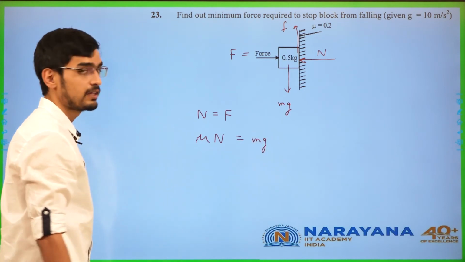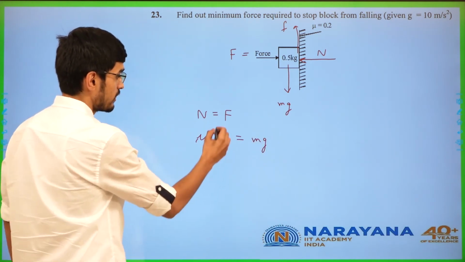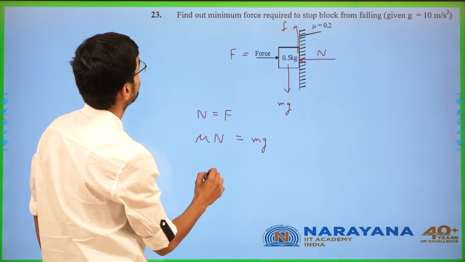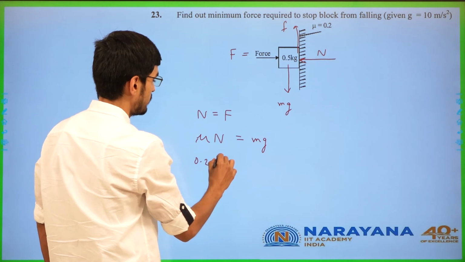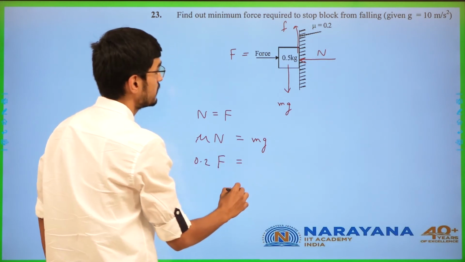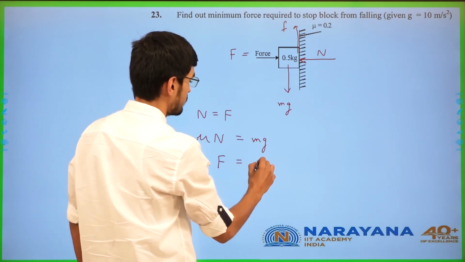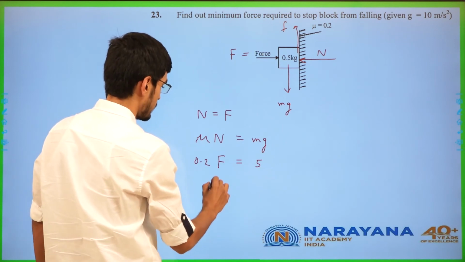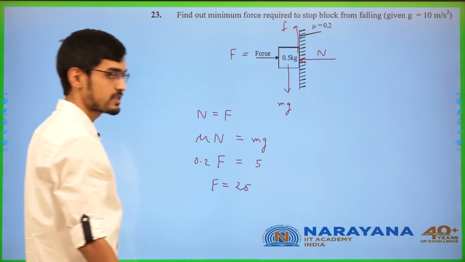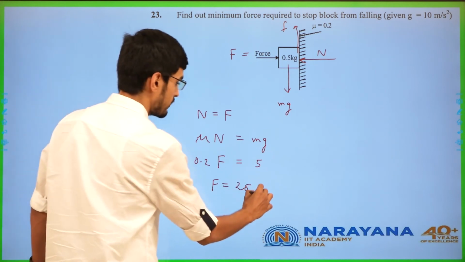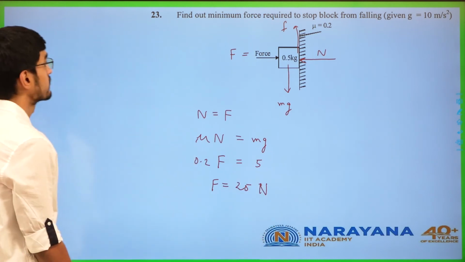That is what will give the minimum value of applied force. The mu value is mentioned in the diagram as 0.2. So 0.2 times the external force applied should be equal to mg. mg will be 5, right? So the force will come out to be of magnitude 25 newtons, right? This is 25 newtons. Next,